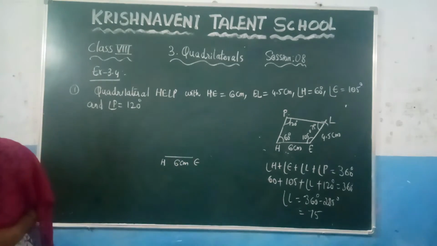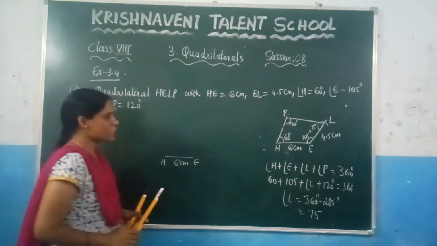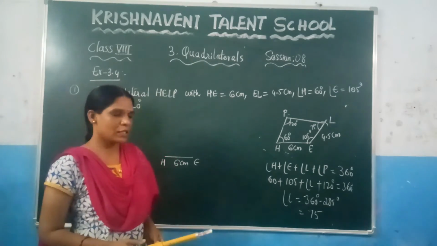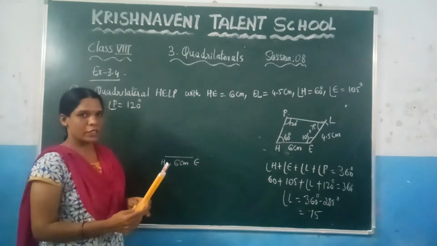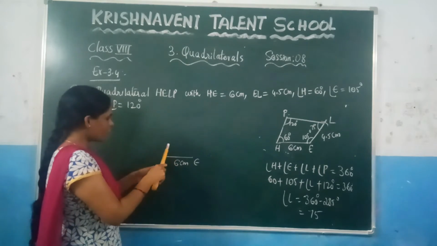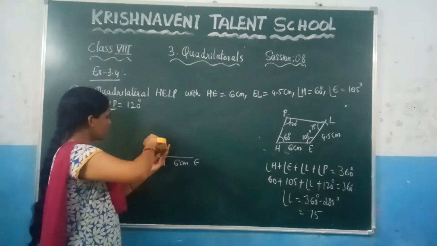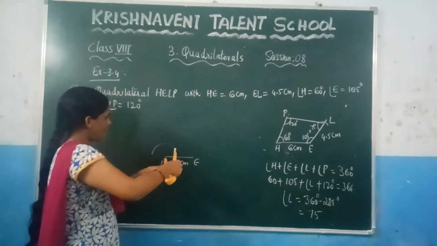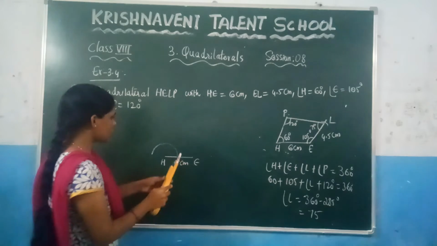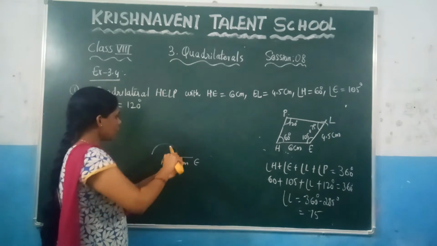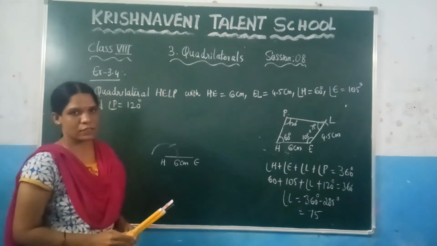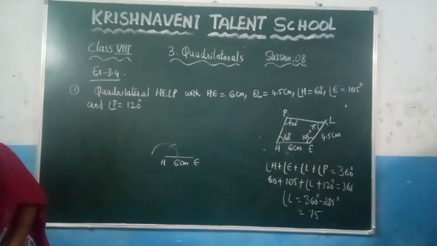Now at H construct an angle of 60 degrees without using the protractor. How can you? You already learned in the previous classes. Just you need to take the length like this, right? And after that here you need to keep one arm, right? Without changing this measurement and without changing this radius, at this point again keep one arm like this. This is nothing but 60 degrees. So here now join this one.